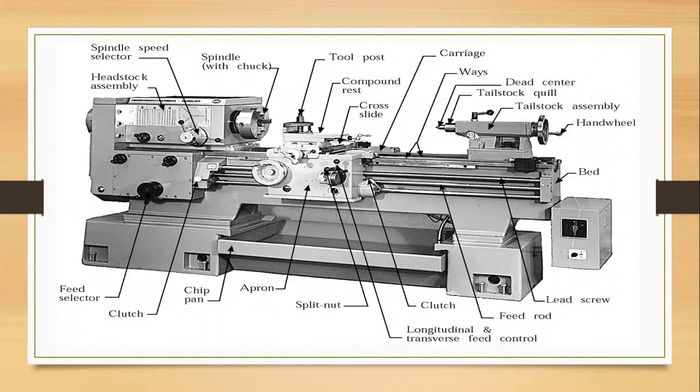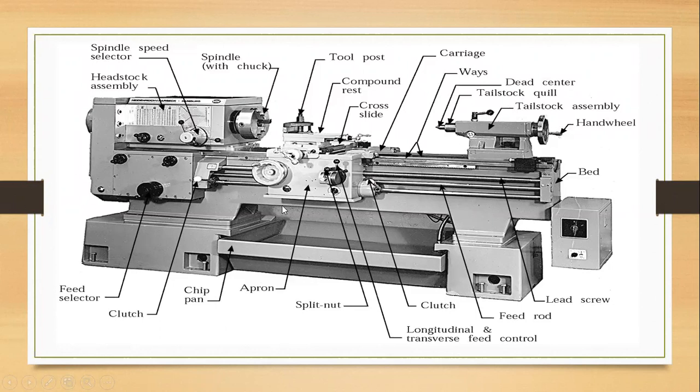This is a dead center. So what is meant by dead? Sometimes it is also a moving part. This tailstock, carriage, and headstock, all three parts are mounted on the bed. This is called the bed, a heavy bed. The carriage is a moving part, and the tailstock is also a moving part. The guideways are used to guide the carriage and tailstock. And this is called the leg.